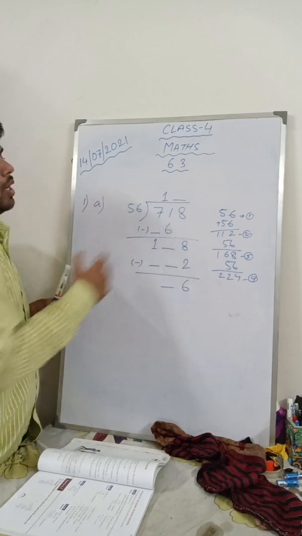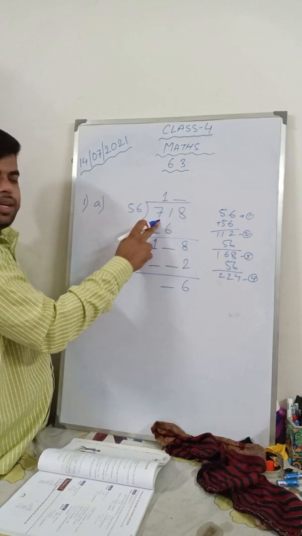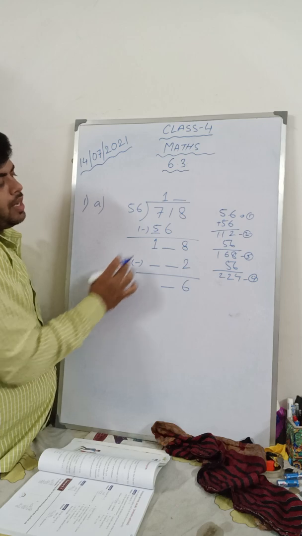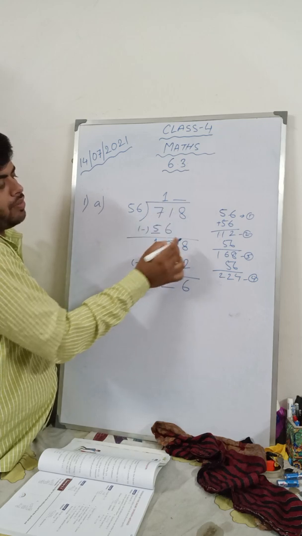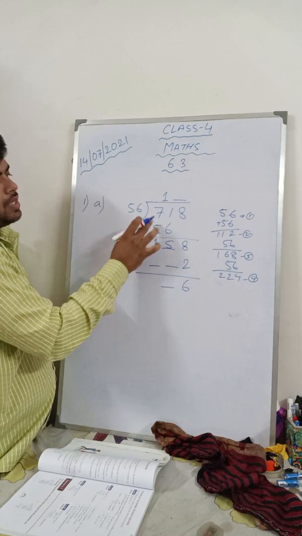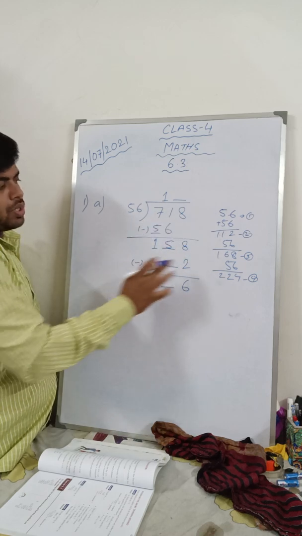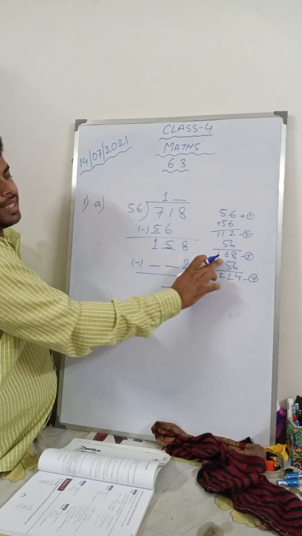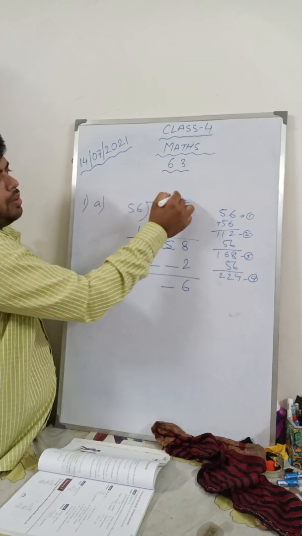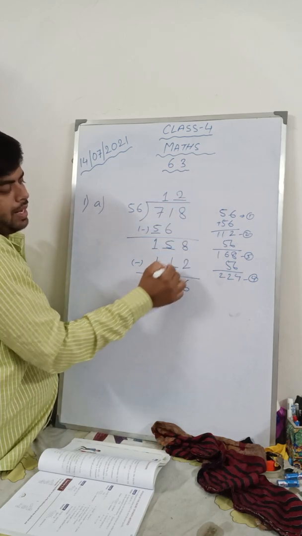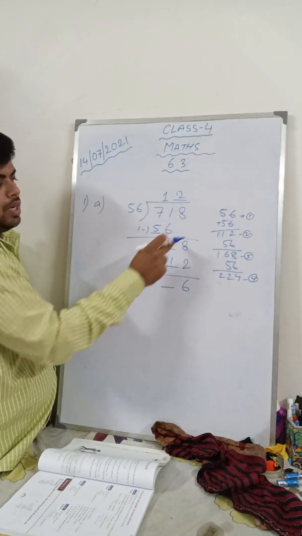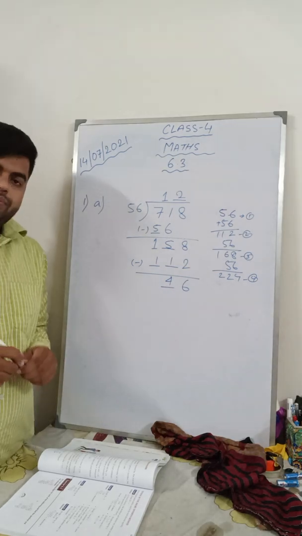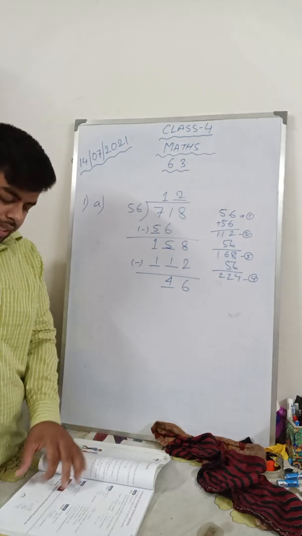Now 71. First you have to take the first digit 7. 7 is not divisible, so you take the other digit. So 56 ones are 56. Here you will write 71 minus 56 is 15, and this becomes 6. So 158. Now you see you got 158. 158 is less than 168. So you will take 2 times. Here 2 and here 112, because 56 2s are 112. Now you subtract and here it becomes 46. So you simply got the answer. I hope you have understood this missing number division.